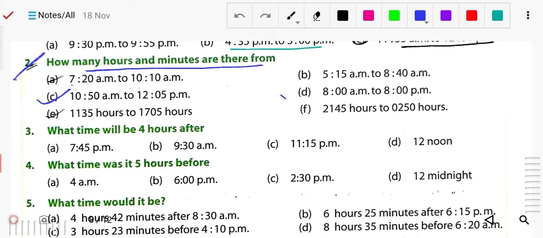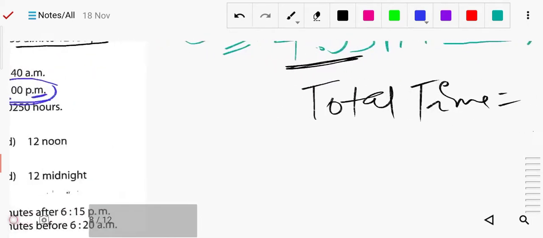Here you can see question number D. So 8 a.m. to 12 p.m. means exactly 12 hours. You can see from the same time, it is a.m. to p.m. only. Same hour is there, 8 to 8 only, a.m. to p.m. It means a total of 12 hours will be taken. So you can simply write 12 hours, or you can calculate like that. Earlier we were moving 1 hour by 1 hour and then calculating. Likewise you can do, or I just told you that you can use the shortcut method also.